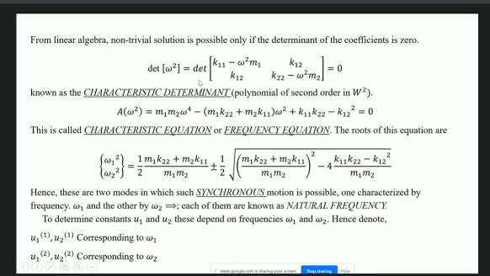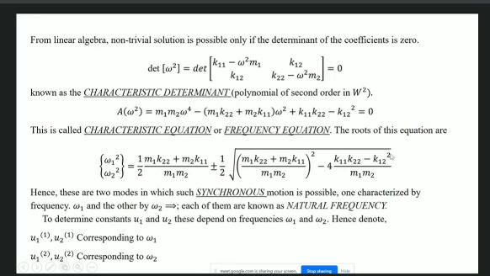So we put the condition that the determinant of this matrix with omega square is equal to 0. This is called the characteristic determinant, or the whole equation is called the characteristic equation, and then we get it like this: m1 into omega to the power 4 minus this whole term into omega square plus some constant terms like this. Now this is called the characteristic equation, and from this characteristic equation we get